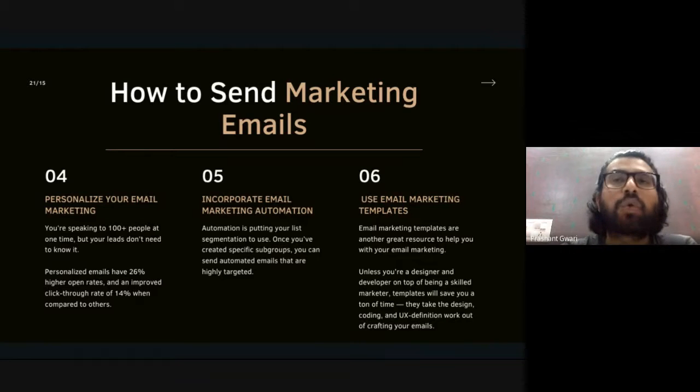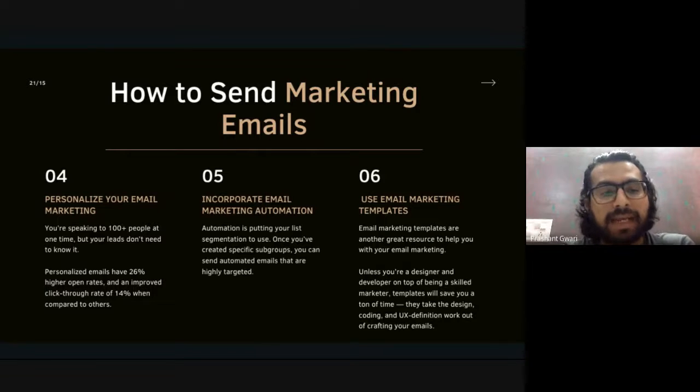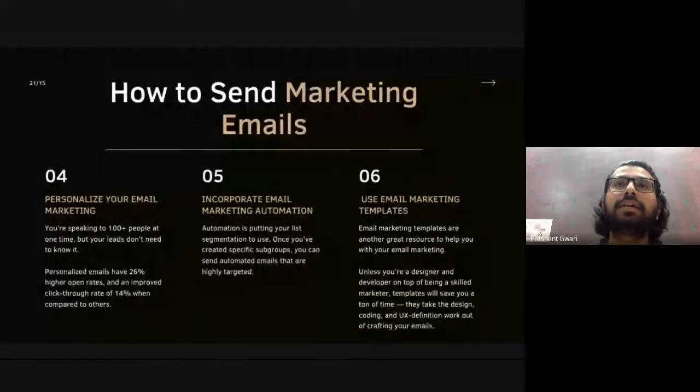Those email marketers who send personalized emails to their email list get around 20 to 26% higher open rate and around 14% more click-through rate, which is really, really good. So what does personalization mean? You open the mail and there is a greeting: Hey Priyanka, hello Kana, hello Ayushi.